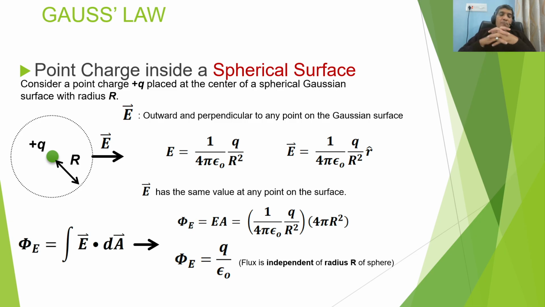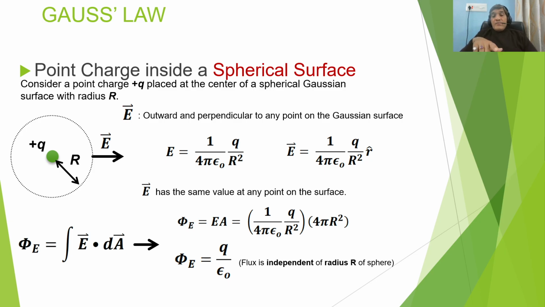As you see, in the basic formula of Gauss's law, phi E equal to Q enclosed upon epsilon naught, the flux is independent of R. So flux depends upon the charge enclosed by the surface. Again, we have an example. The total electric flux phi E depends just on the value of the charge enclosed. Here the answer is Q. So phi E, the electric flux, is independent of the radius of the sphere. It directly depends upon the charge enclosed.